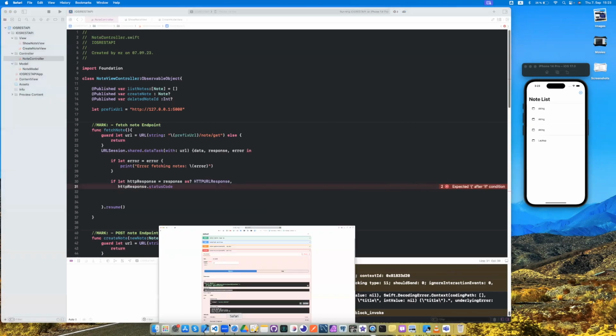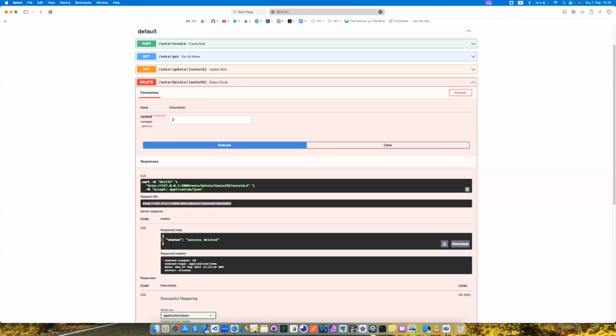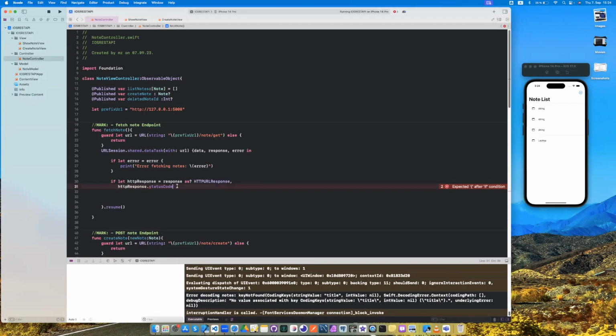As you can see, for example, we can get this error if it equals 204 or 200, just